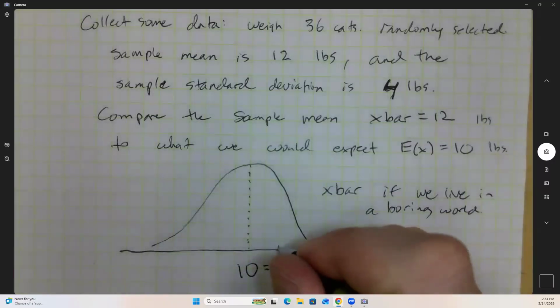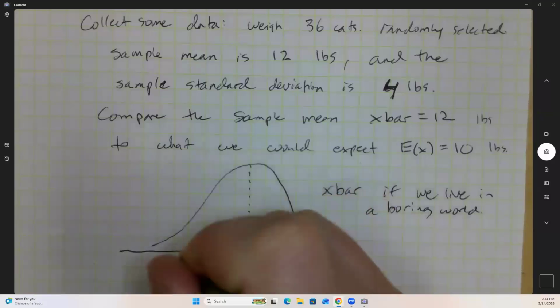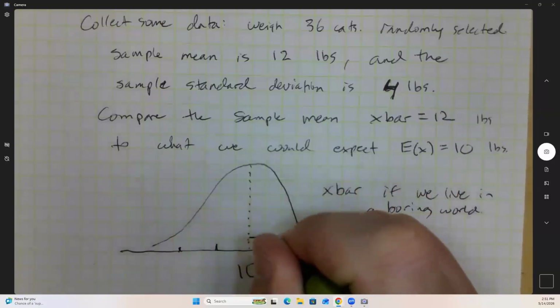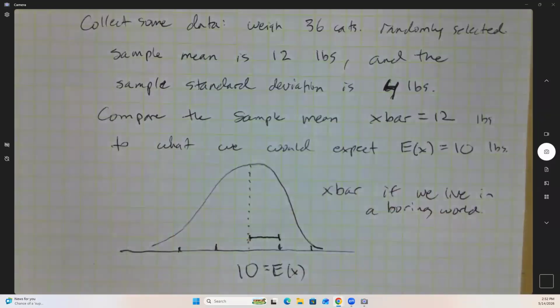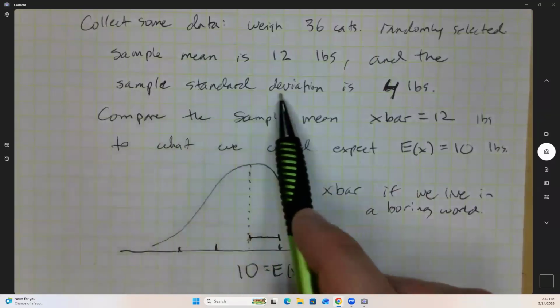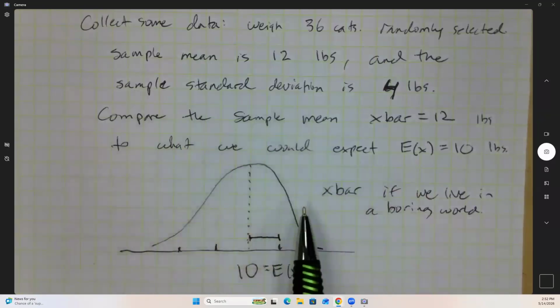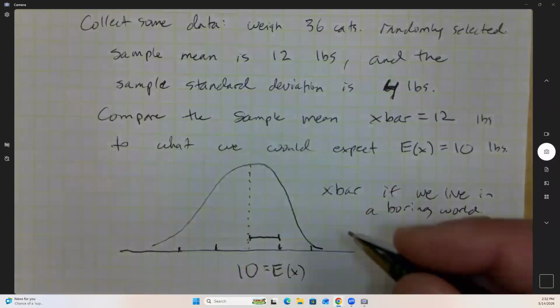We've got a standard deviation because any normal distribution has a standard deviation. How wide should that standard deviation be? It seems like it should be 4. But again, because we're dealing with X bar, we're dealing with sample means, it's going to be spread out much less than our actual sample would be spread out. So we need the standard deviation of X bar,